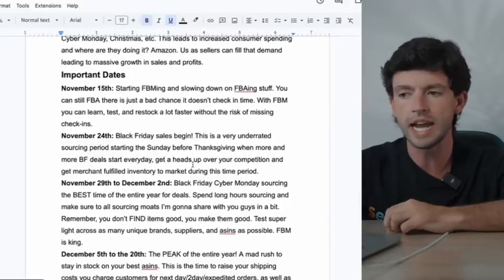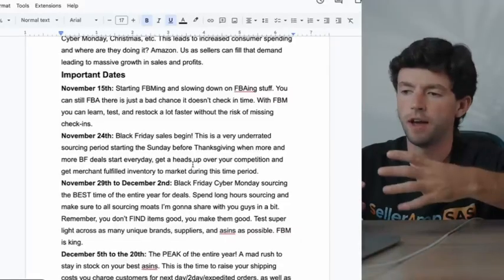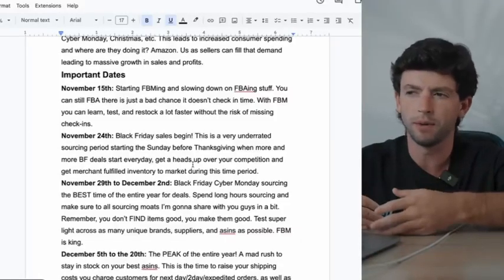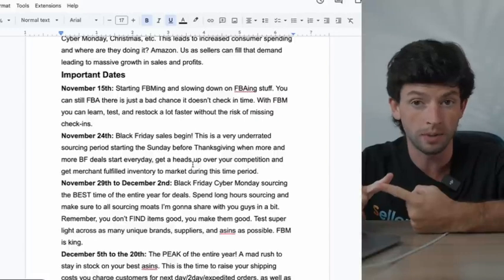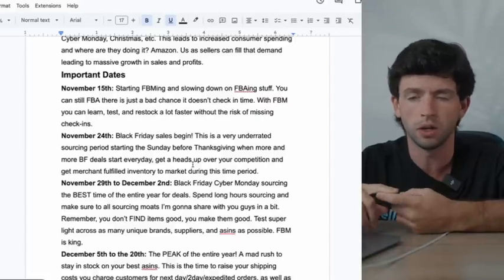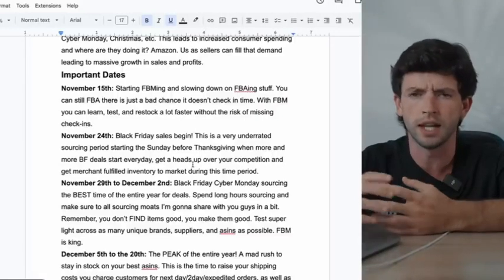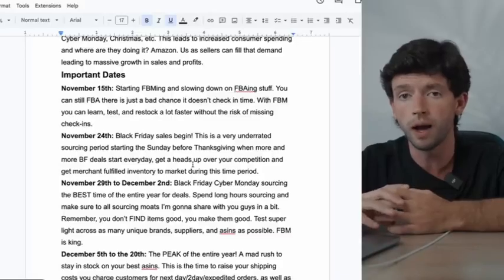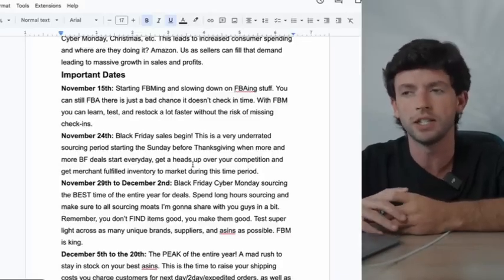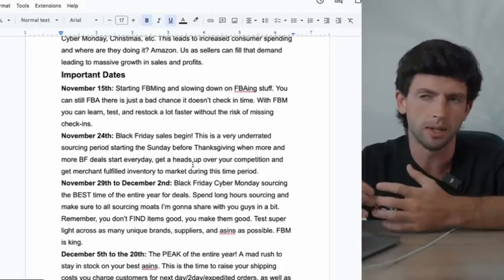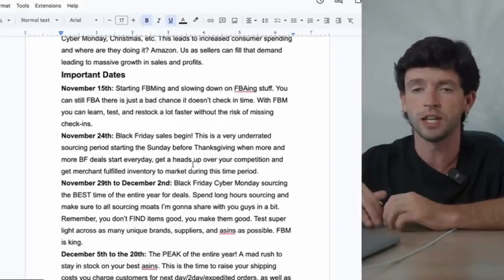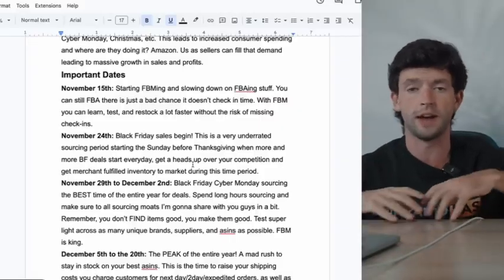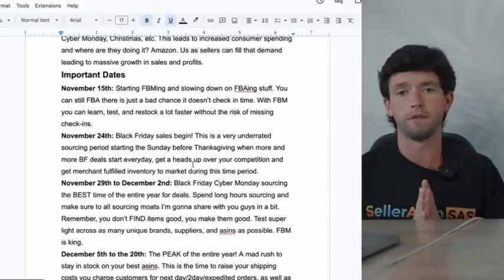So important dates for Q4, guys. Prior to November 15th, not too much happens outside of October Prime Day sourcing being really good. So make sure you look up for 2025 once they announce when October Prime Day is going to be held. That's not really a great time to sell products on Amazon. It's going to be a little bit above average sales day for you, but it's going to be a phenomenal time to source inventory to sell on Amazon,